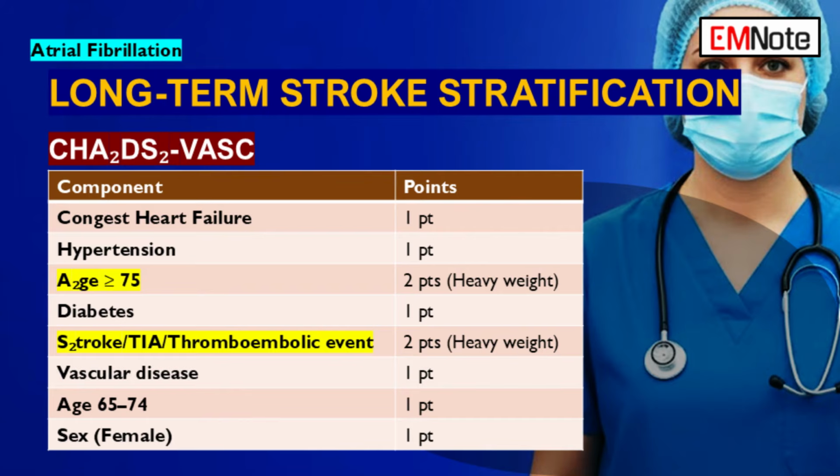So if you look at that, age over 75 or a prior stroke, they carry the heaviest weight. One of those puts a patient at high risk immediately. Instantly. It means an immediate, mandatory discussion about therapeutic anticoagulation, assuming no major contraindications. A prior stroke especially tells you the patient has already proven they can form these clots.